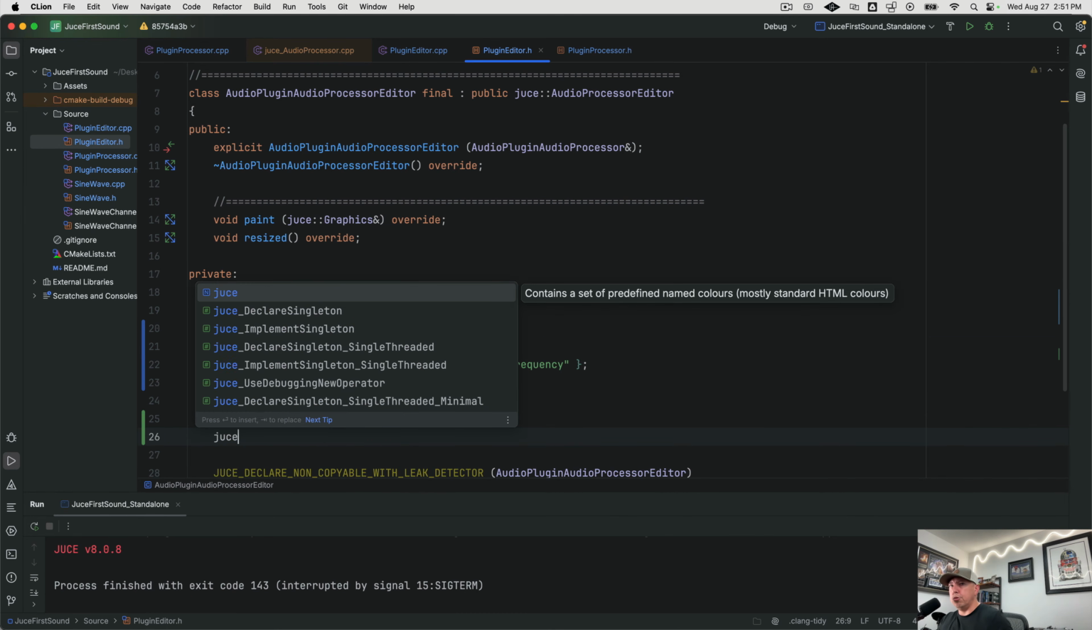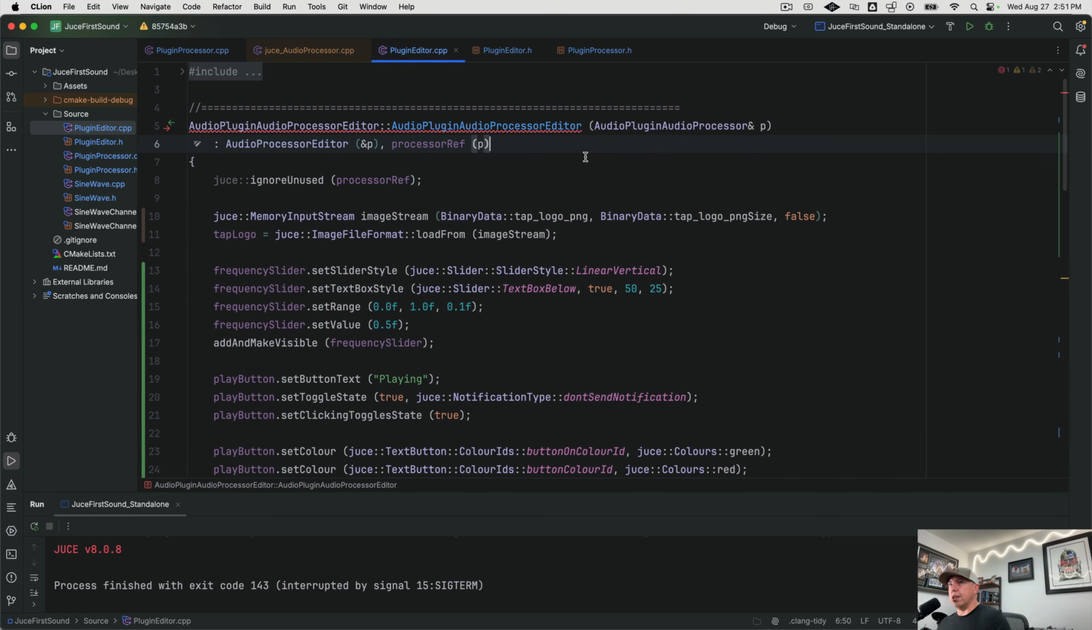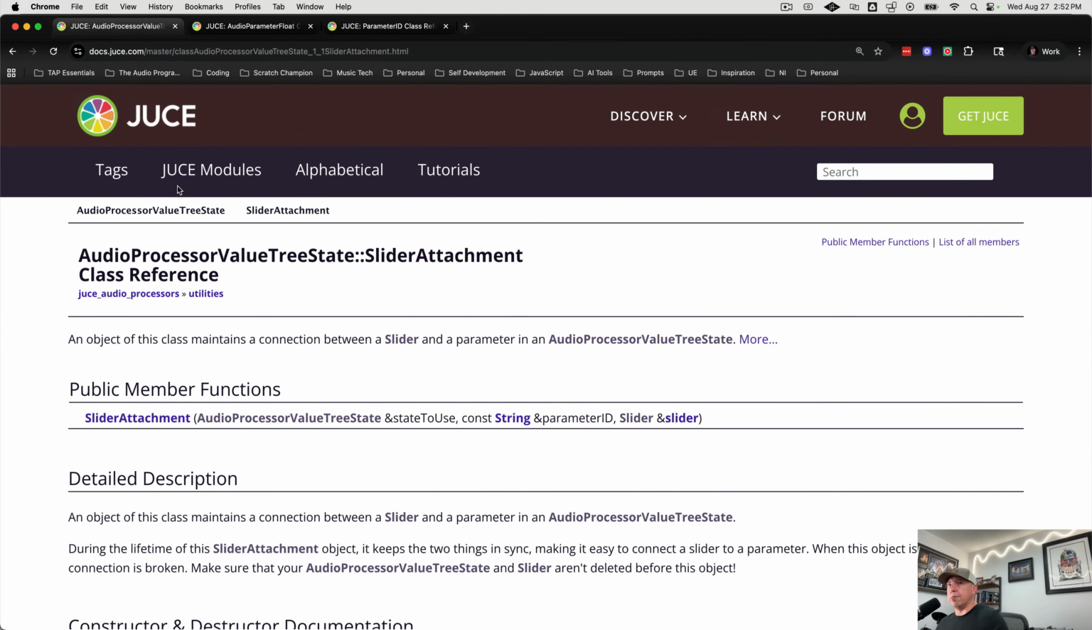So it's JUCE AudioProcessorValueTreeState SliderAttachment. I will call this freq_slider_attachment. Once again, I'm going to use an initializer list to initialize the attachment. So it's freq_slider_attachment. Going back to our documentation, the first thing that it needs is our audio processor value tree